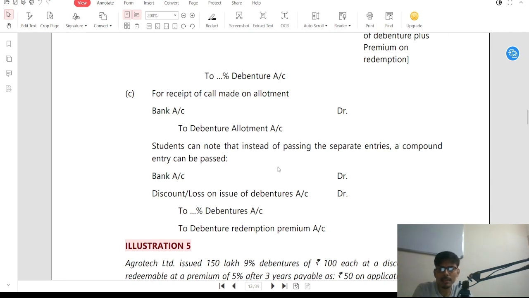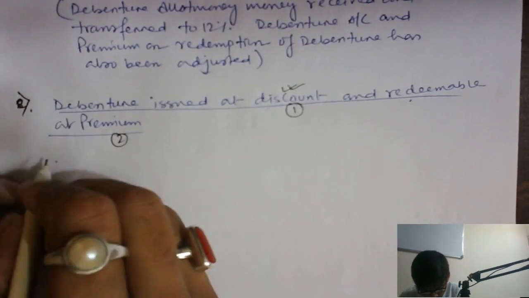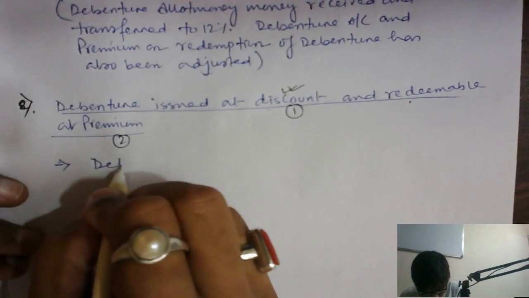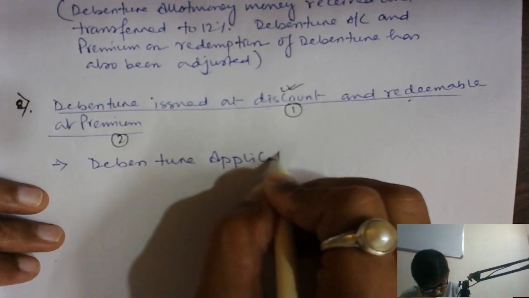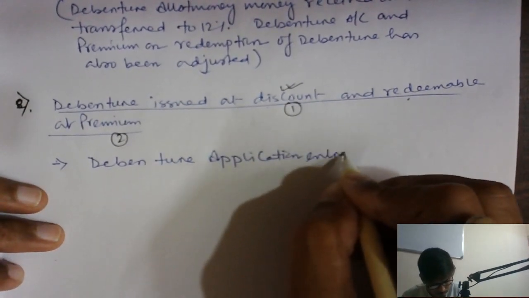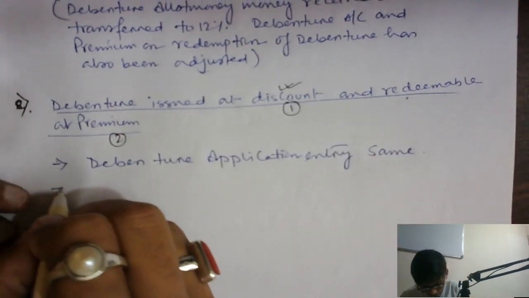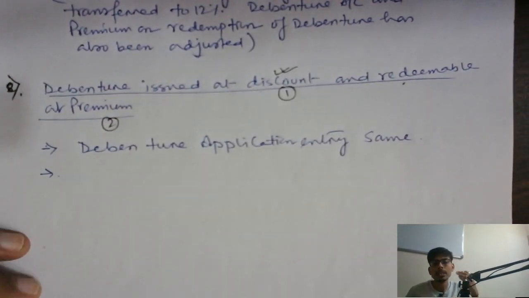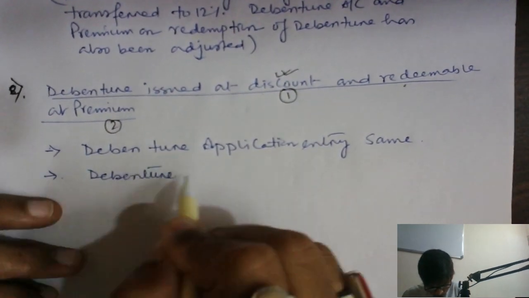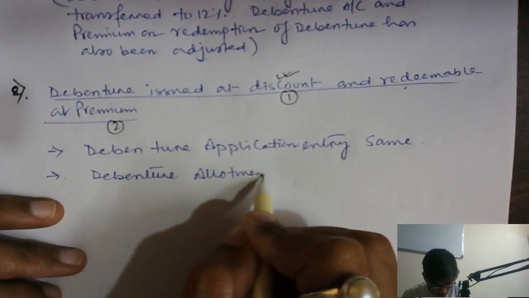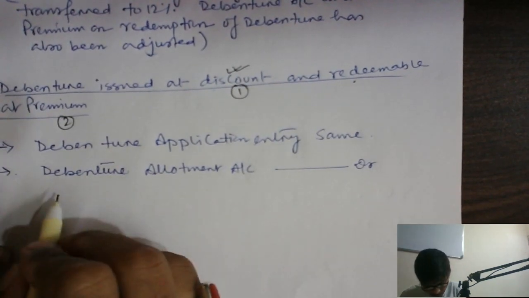So I just make a note of that. एक बार note लिख लो. Number one, debenture application entry remains the same, no change, but in the case of debenture allotment, the entry should be debenture allotment account debit. Oh, sorry,